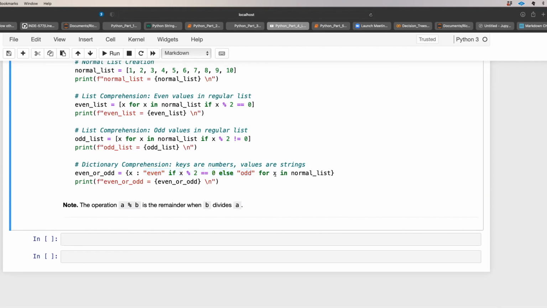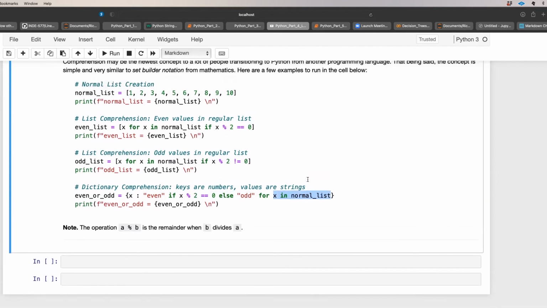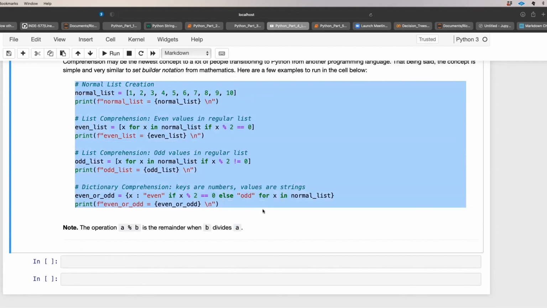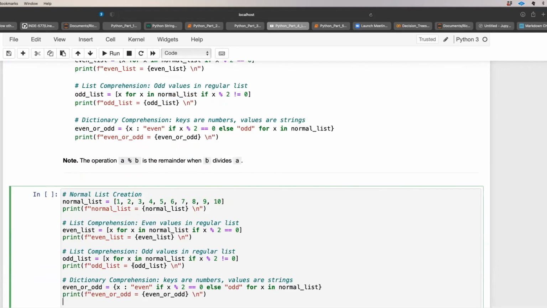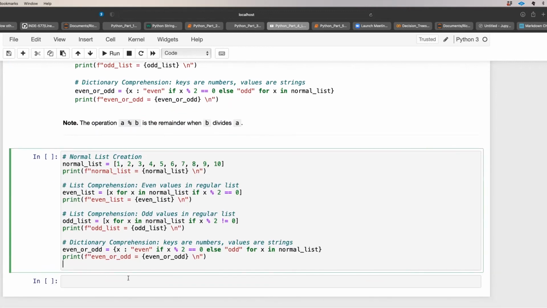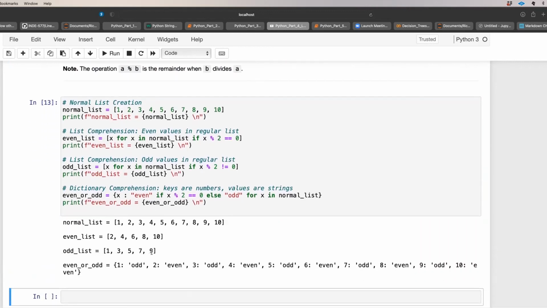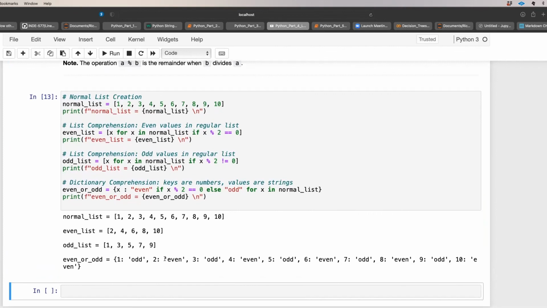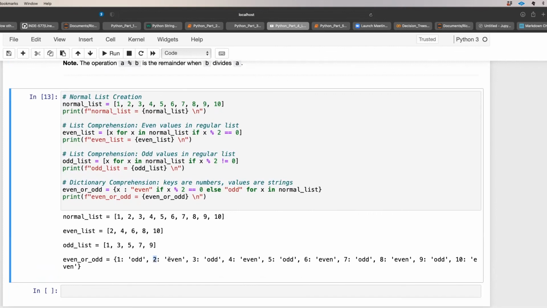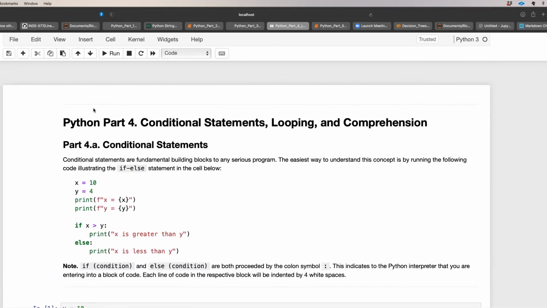And where does x come from? That list. Okay. It's one of the most common ways to populate a list or dictionary or tuple that you'll see. And you'll see that it works. Key value, everything's nice here. Okay, so that's part